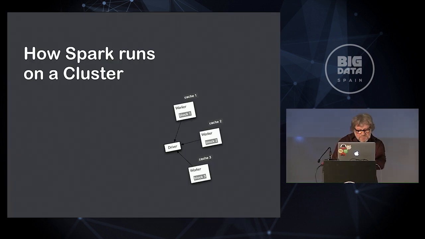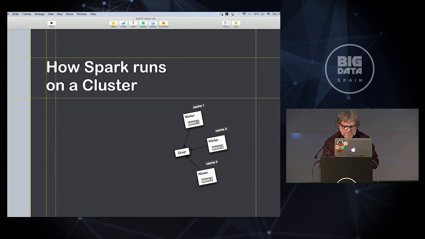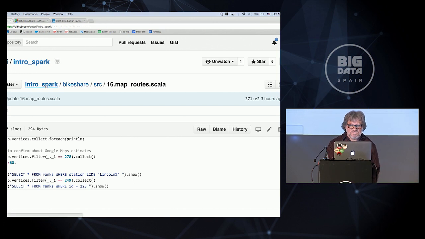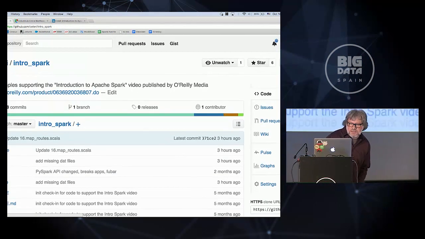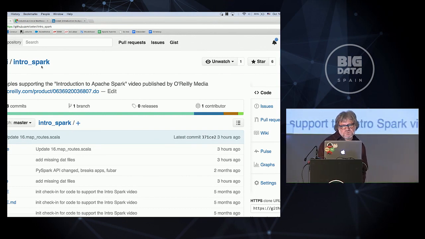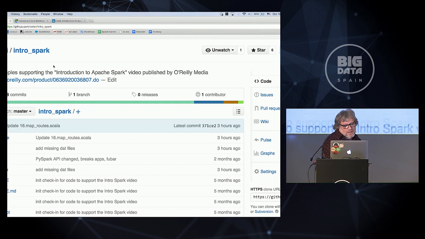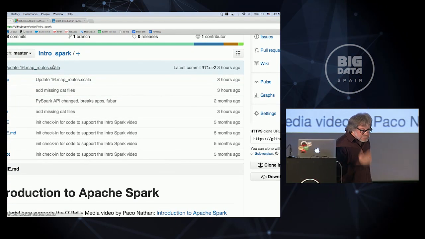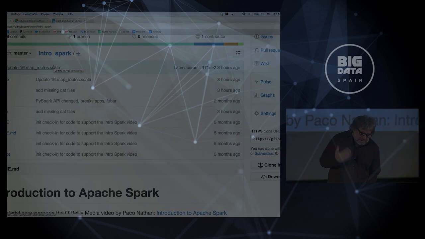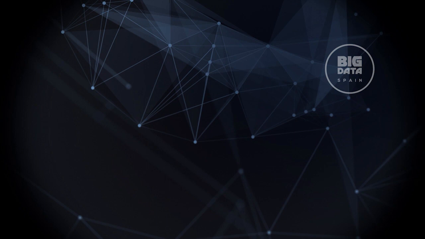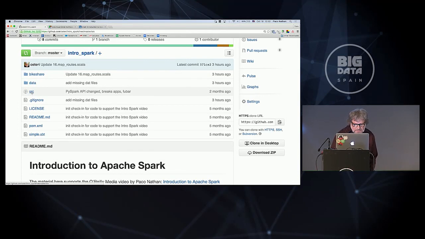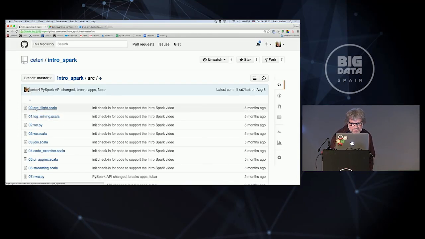OK, so let me shift over here. I'd like to show, well, first off, I mentioned a GitHub repo, and so that's this right here. So if you go on GitHub under Sateri, that's my account, and go to intro_spark, we've got all the code and some of the data that's being used. There's actually a video on O'Reilly called Introduction to Apache Spark. And so this is a GitHub repo that supports that video. If you look under the source directory, first off, I just want to show right here